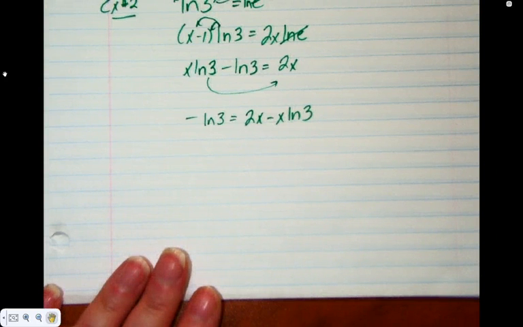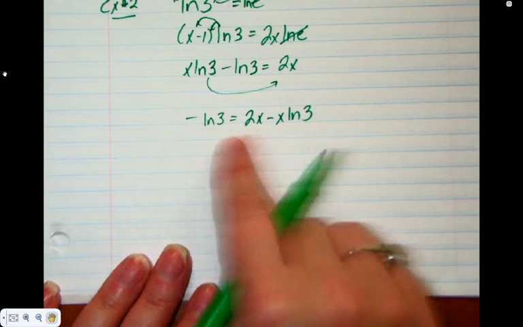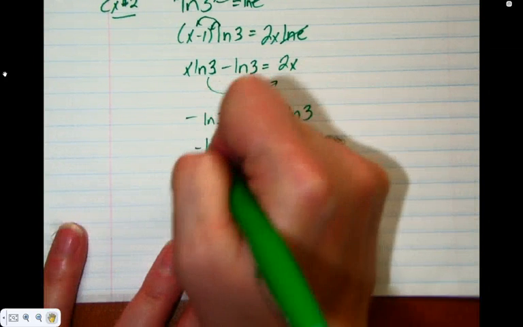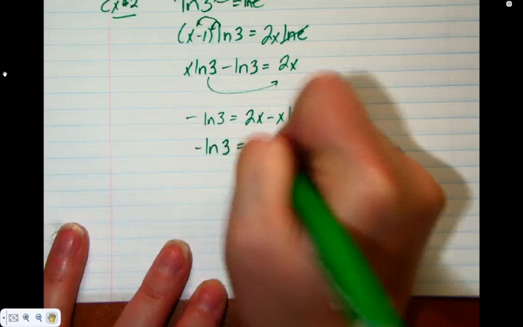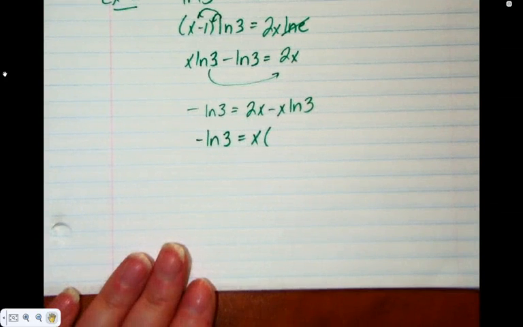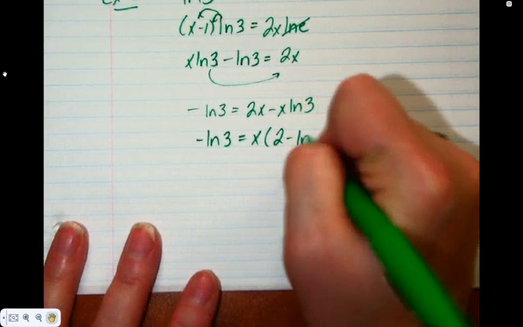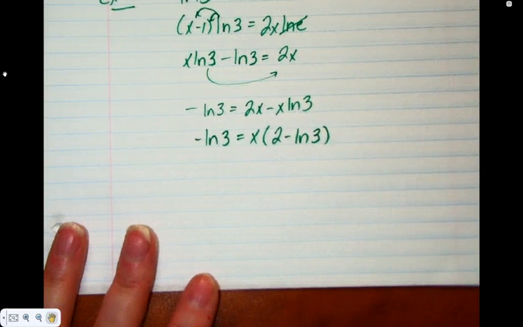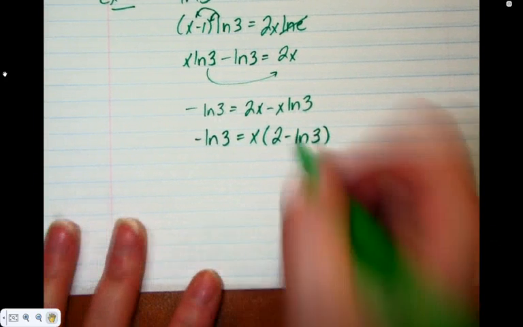So divide both sides by ln. Go back to your exponential steps. We never divided here. What did we do? We factored. Remember, that was the only way to get this x by itself. So x is going to come out front. 2 minus ln 3. 5 by 2 minus ln